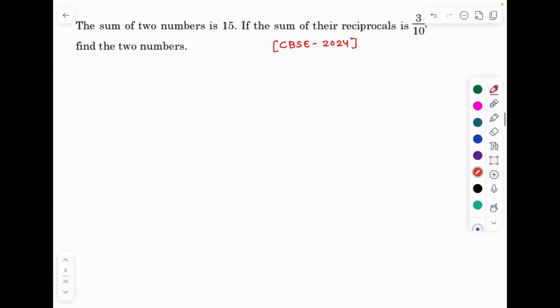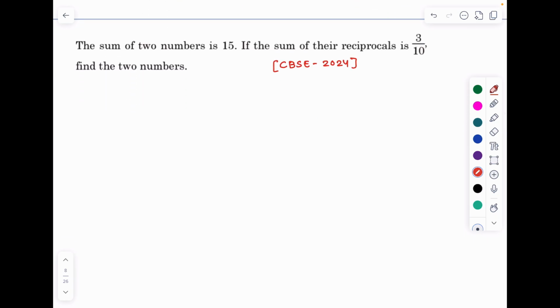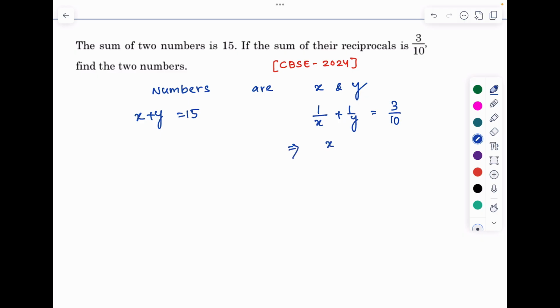Now come to the next question. The sum of two numbers is 15. If the sum of the reciprocals is 3 by 10, find the two numbers. Here, let the numbers be x and y. Numbers are x and y. And according to the question, x plus y is equal to 15. And the reciprocals, that is 1 by x plus 1 by y, sum of the reciprocal is equal to 3 by 10. From here you will get,